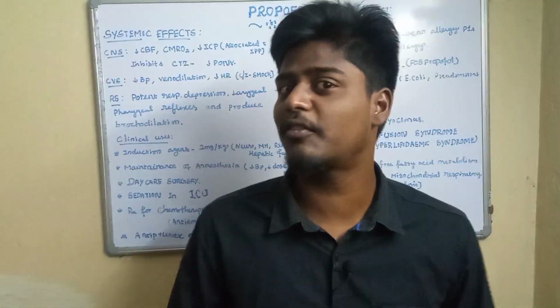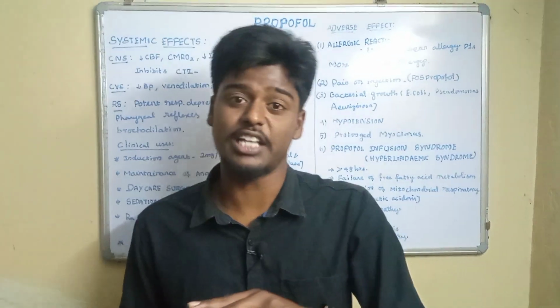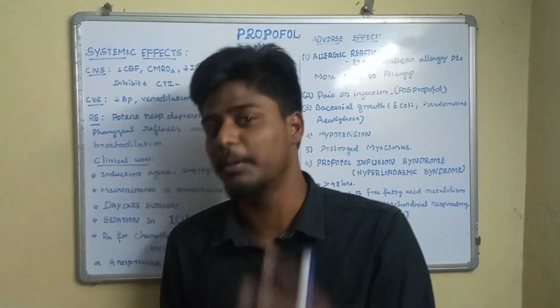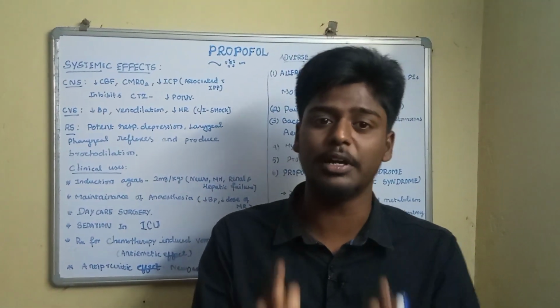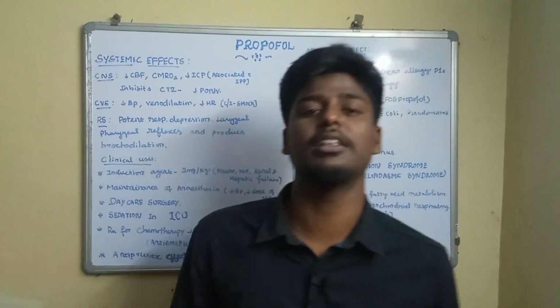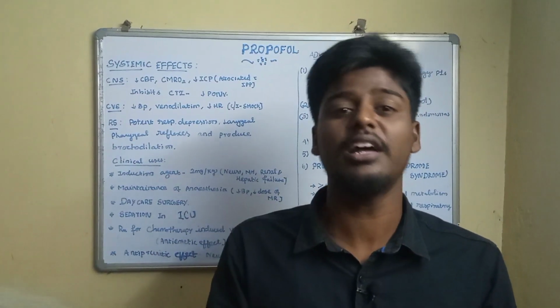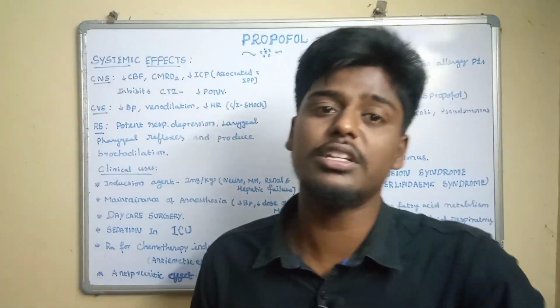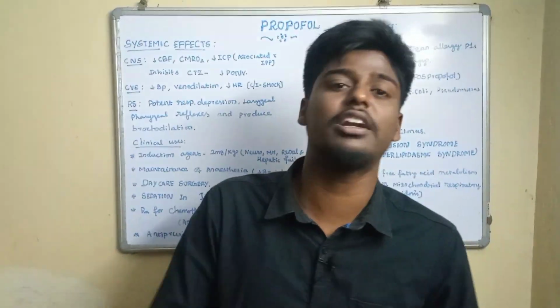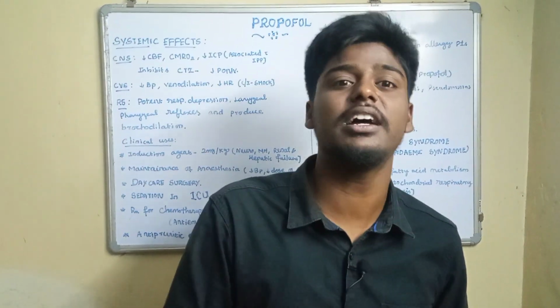So what is the first drug used in neurosurgical anesthesia? It's thiopentone sodium, because thiopentone sodium also decreases cerebral blood flow, cerebral metabolic rate, cerebral consumption of oxygen, and intracranial tension, but it preserves the CPP, that means cerebral perfusion pressure. Propofol does not preserve the cerebral perfusion pressure, though it also decreases all the parameters. So Propofol is the second most used drug in neurosurgical anesthesia, and it also inhibits